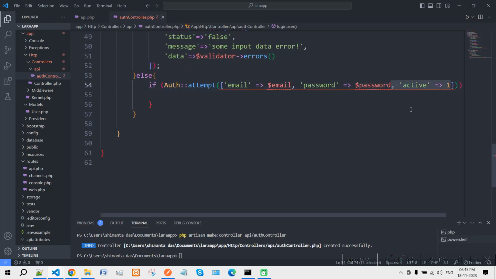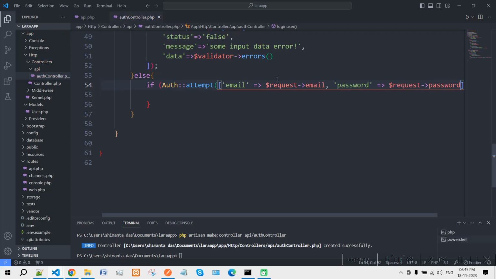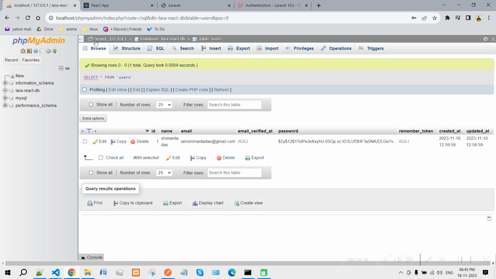So I am removing the active, and in the email you need to type request email. Okay, in the password you need to type request password. Okay, so if our email and password are the same as our database stored username and password,